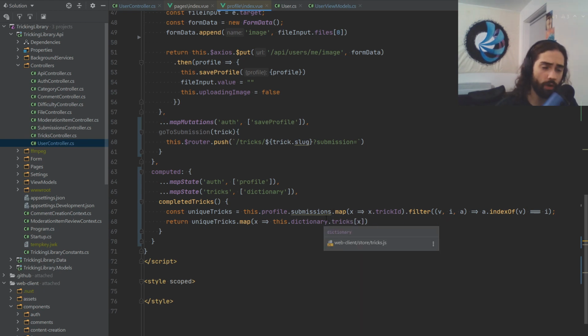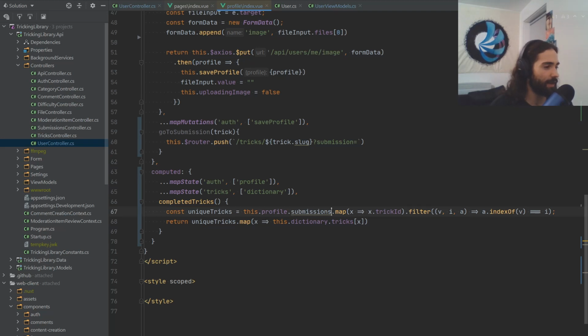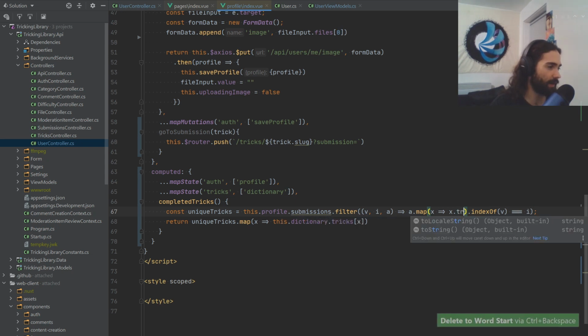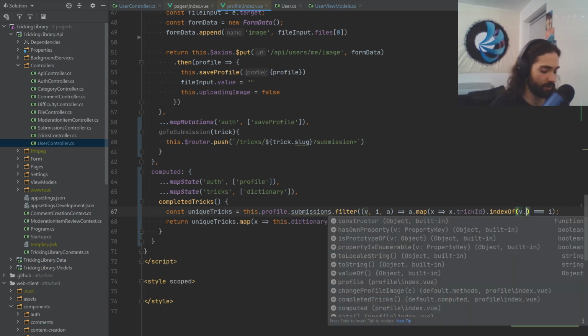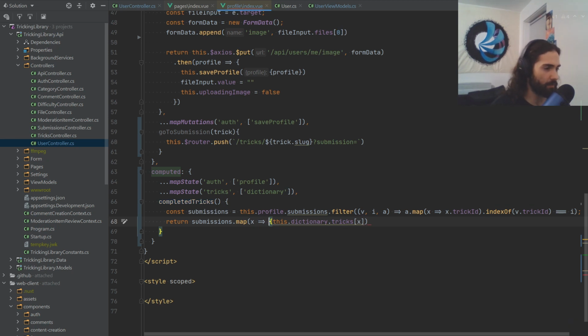We no longer want a unique set of IDs. What we want is a submission trick pair. Okay, so let's go ahead and get rid of this map right here. What we will do is when we get the array, let's map the trick ID here, because then we can compare it to this trick ID here. And by the end, we're gonna have submissions. So now once we do have the submissions,